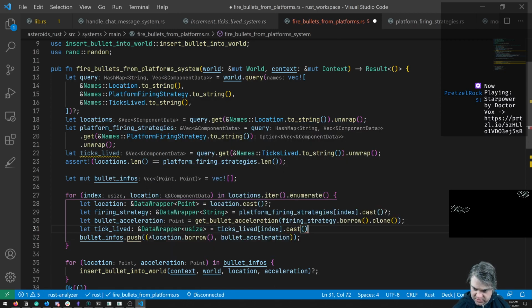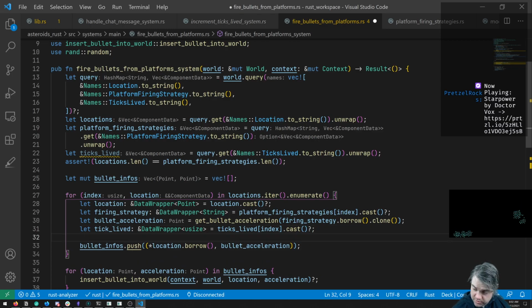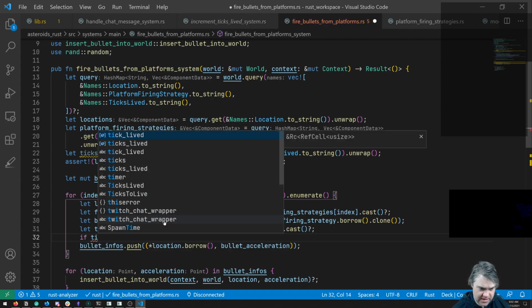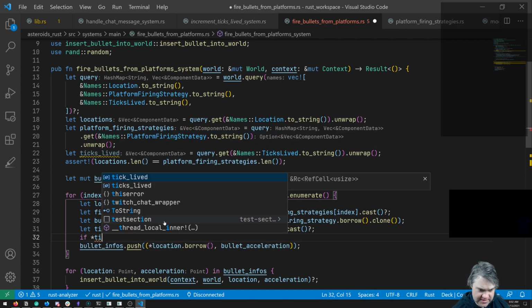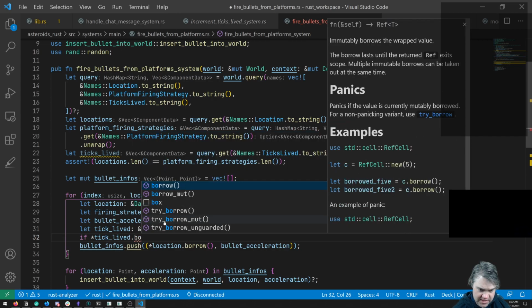I'm going to cast you that. And we only want to push the bullet in if it's lived like, I guess every n ticks. So what we can do is say if a dereferenced ticks lived dot borrow